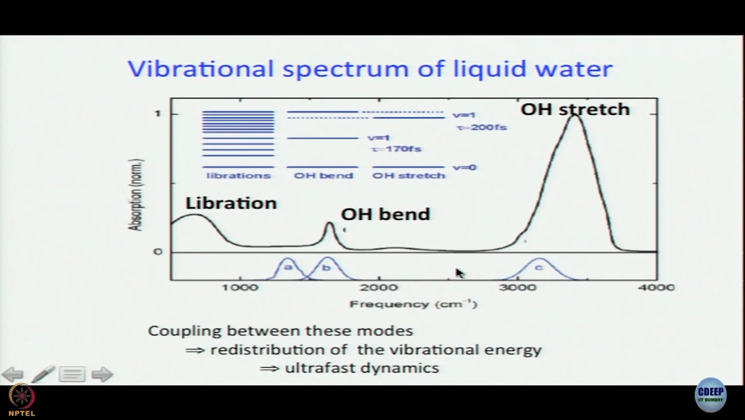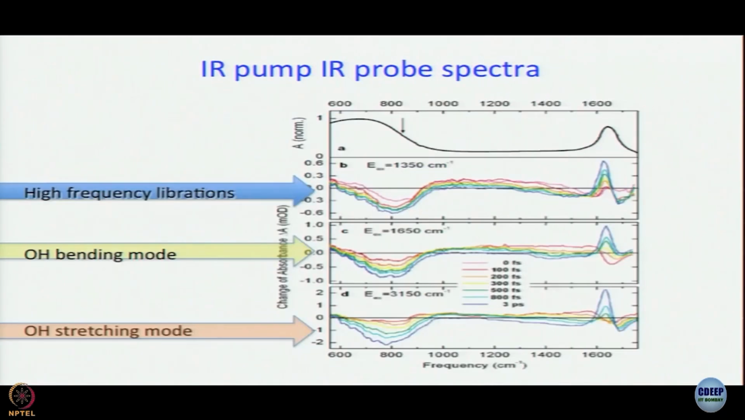Same scale, and you will remember that a femtosecond pulse cannot be completely monochromatic, there is always a spread of energies. So, what we are showing here is the modal frequency maximum of that IR spectrum. So, when you excite the OH stretching mode, that has been done by using pulses which have maximum at 3150 centimeter inverse. OH bending mode is excited using 1650 centimeter inverse maxima pulses, and high frequency librations are excited by